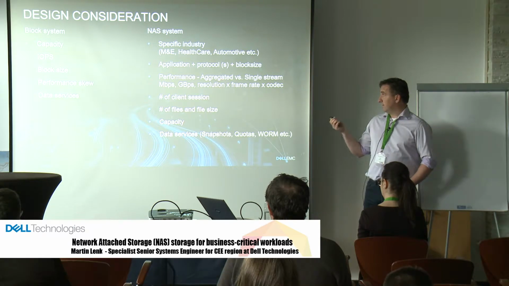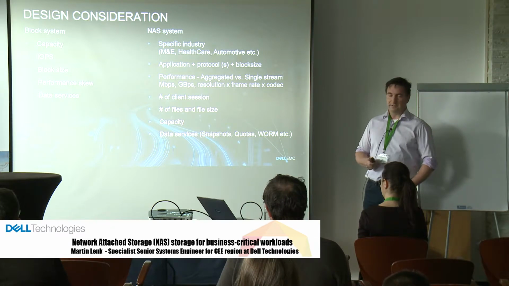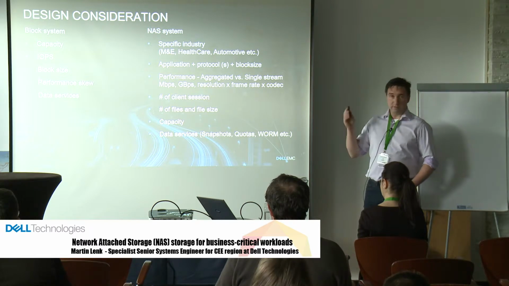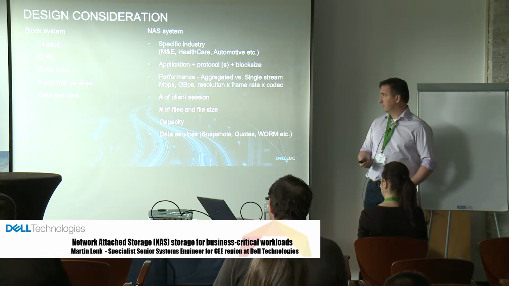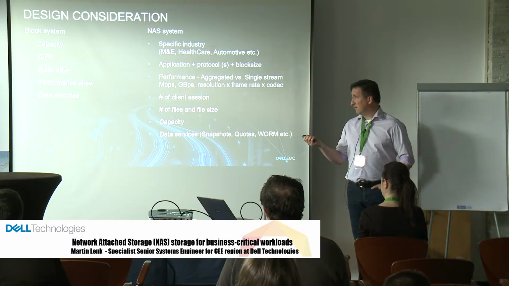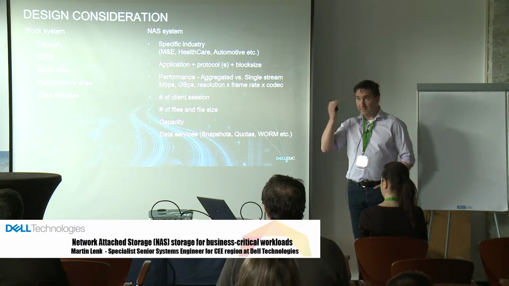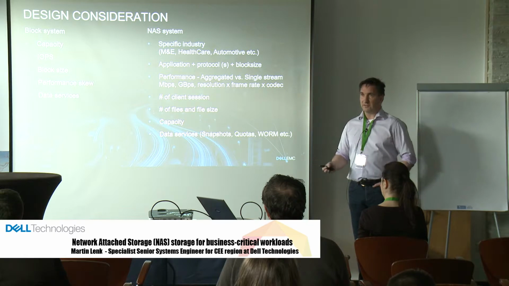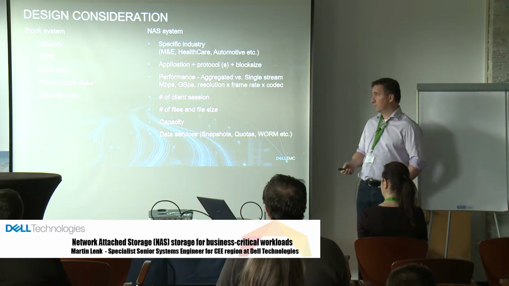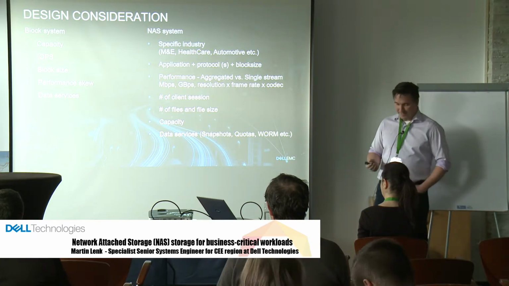Second point is aggregated throughput. This is how much data this platform should be able to transfer out or in over different connections or different types of protocol, and typically how many sessions it must handle. For example, you can have an application that needs to handle, I don't know, 100 sessions, and each session needs to have at least 100 terabytes, and then you can see that the design can become quite complicated.